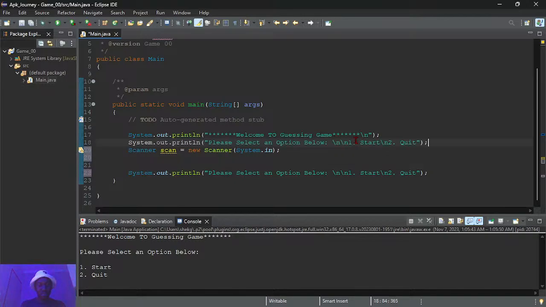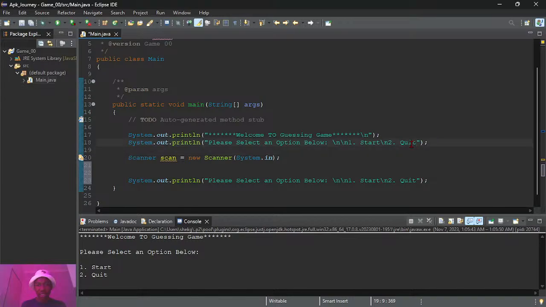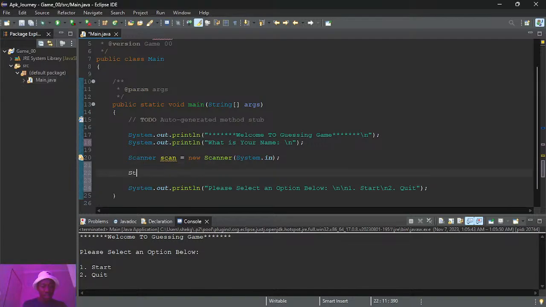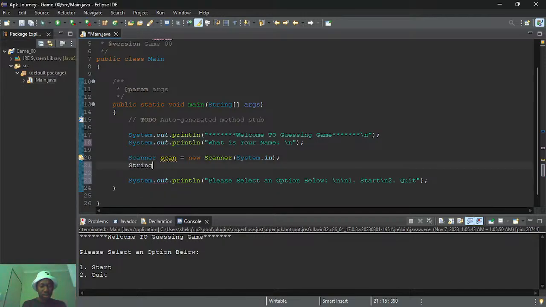So now what I'm going to do, because I'm supposed to also print out the thingy, let me print this back, but instead here I can say what is your name. Then the user will have to input the name, and then we have to cache the name here. We can say the name is a string. Let me just say username